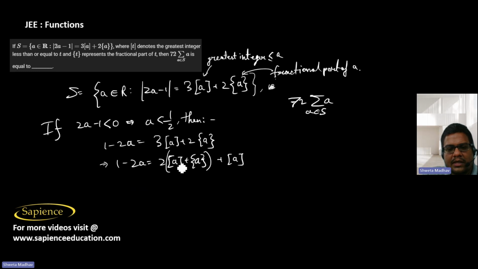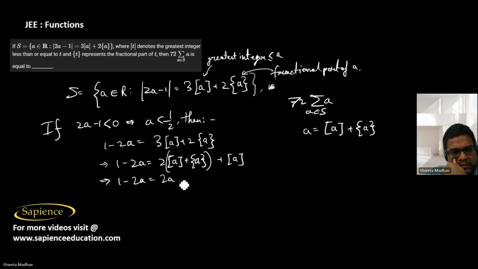Since any number a can be written as the sum of its greatest integer part plus its fractional part. So therefore I can say this will be 1 minus 2a, that is equal to 2a plus a. So here greatest integer of a when a is less than half,